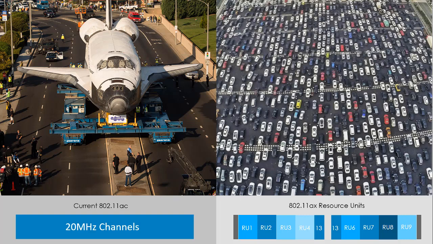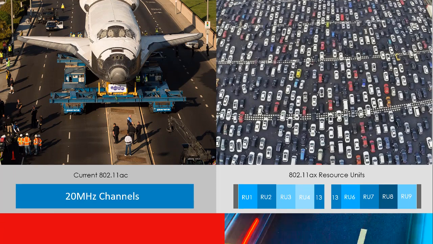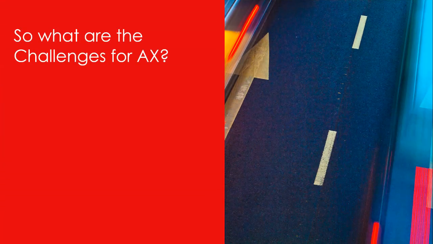So that concludes, from a very top level, 802.11ax. Obviously, there's a lot more to AX than we could cover today, but I want to end this session with a highlight of what we think the challenges are for AX. Firstly, 802.11ax really requires AX clients for real benefits. While some improvements will be given to legacy clients, the majority of the improvements in terms of what the AX standard stands for, with its efficiency and its density, will really be gained from AX clients.